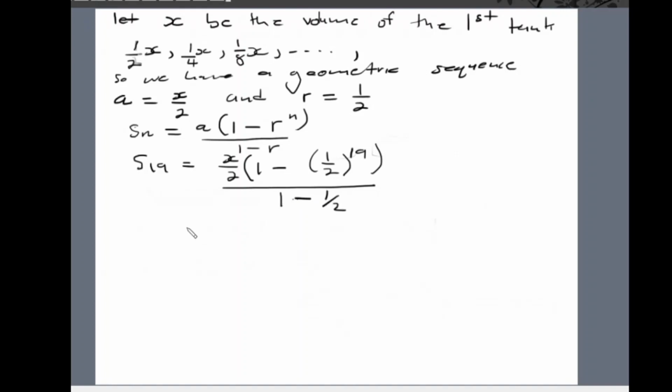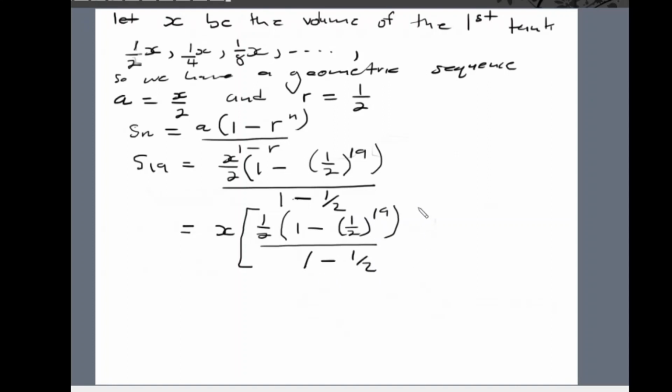Okay? So now if I pull x outside this fraction, it's x times 1 over 2 times 1 minus 1 over 2 to the power 19, divided by 1 minus 1 over 2, right? And then if you punch this whole thing in your calculator, you will get x times,